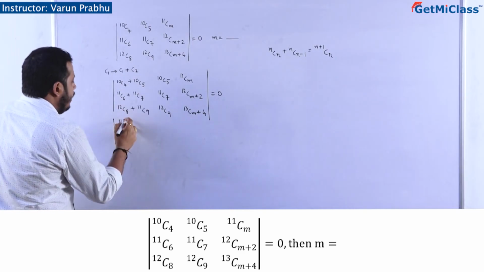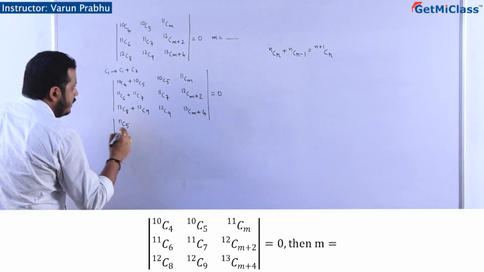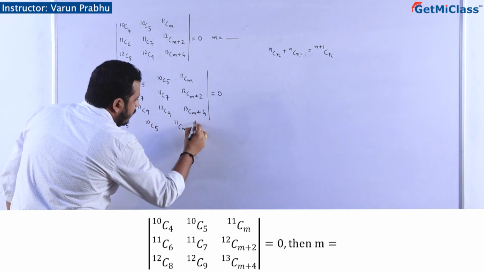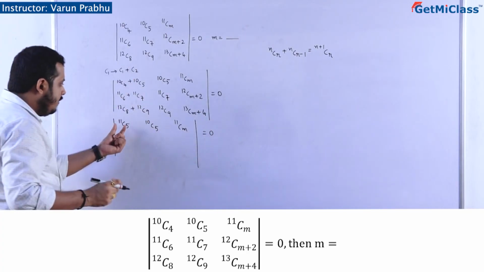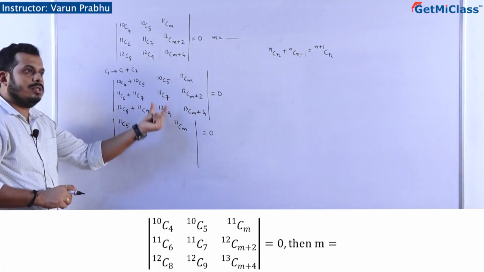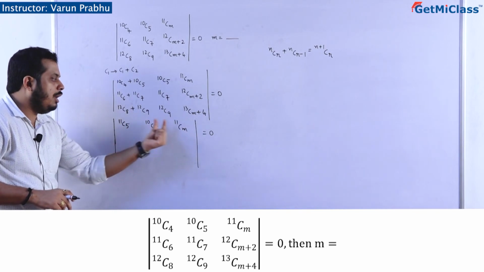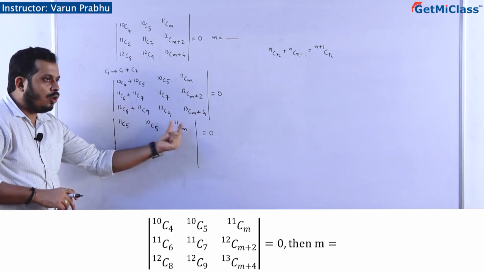r is the bigger value, right? 11C5. Is it okay? 11C5. This is 10C5 and this is 11CM. This is equal to 0. After this, I am not bothered of any other values, students, here in the competitive exam. Why? Because if the value of the determinant should be equal to 0, any two rows or columns should be